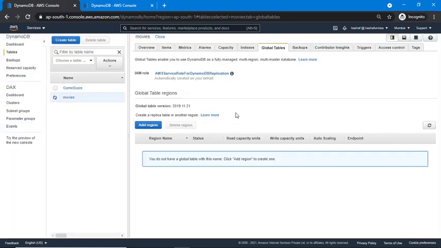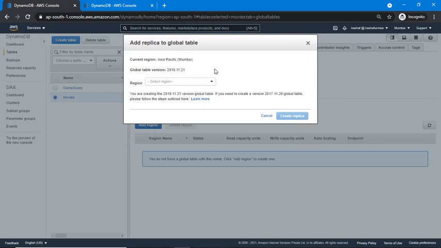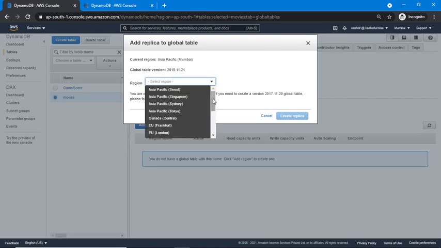So your DynamoDB stream gets enabled for this table, and you can see here I am in my Mumbai region and I want to add one more region. So you can click on this add region button and you can select any region of your choice for which global table is available.